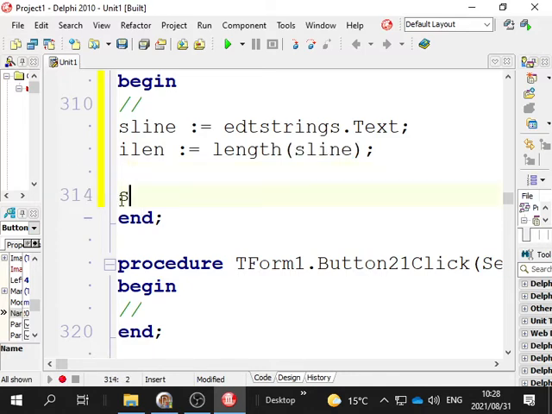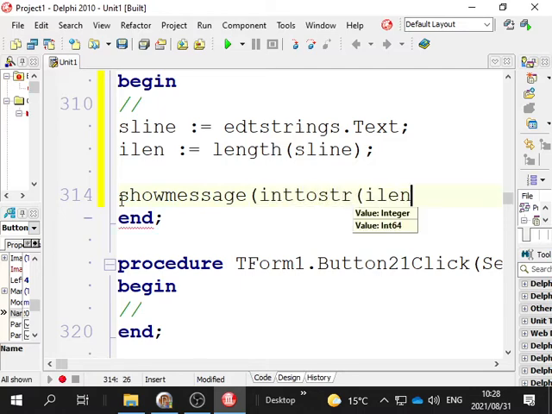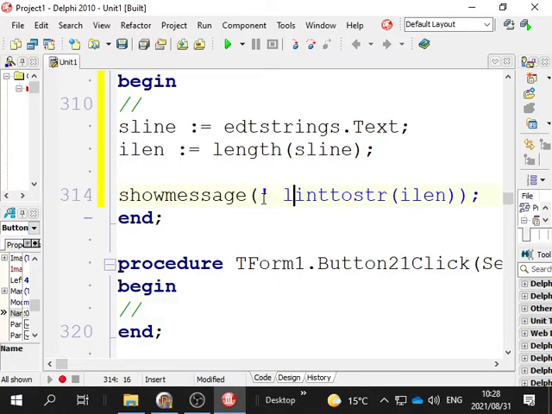And then all I do is show message int to string rlen. Of course, we could put another message together with it, but we won't do that now. What I mean by that is we could put, say, this length is, plus